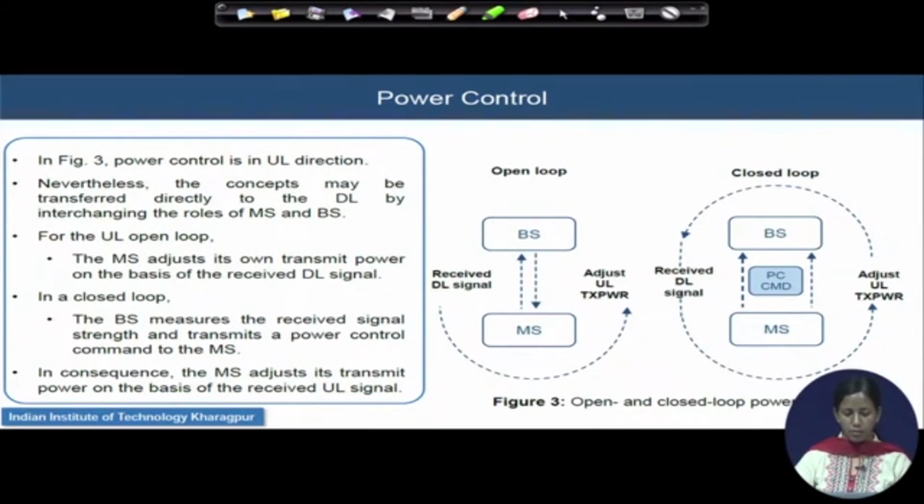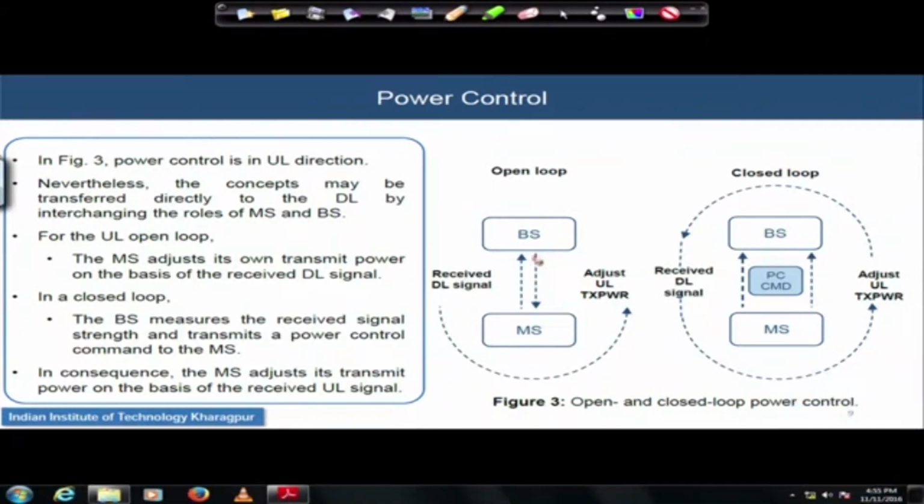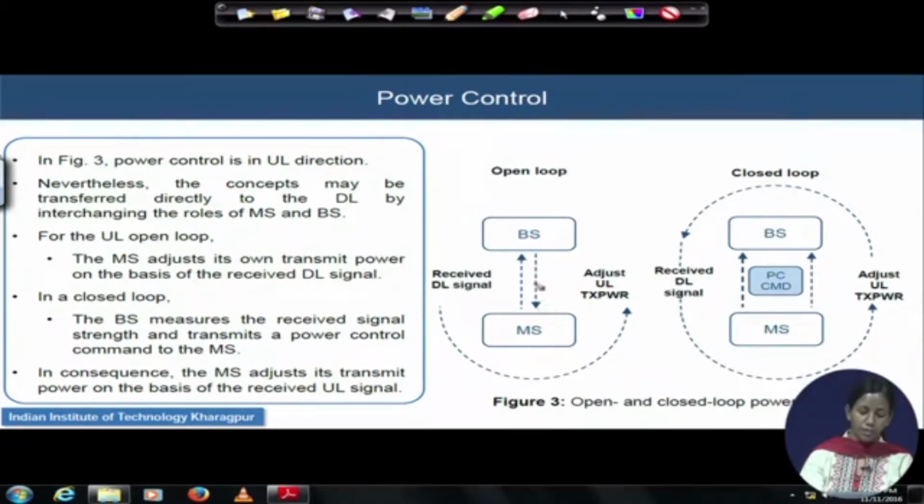See diagram 3, we have shown the open loop as well as the closed loop power control here, and in the open loop power control the decision goes like this. The base station is transmitting a signal, and the mobile station has received that signal in the downlink. While receiving this signal, he has measured the received power. With a straightforward calculation, received power can be directly related to the distance covered. The greater the distance, the less the received power will be. So, he can calculate his respective distance from the base station based on the received power level, and